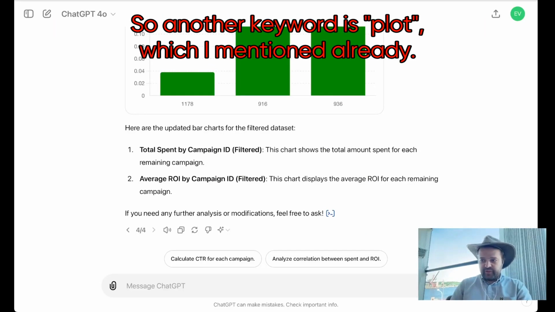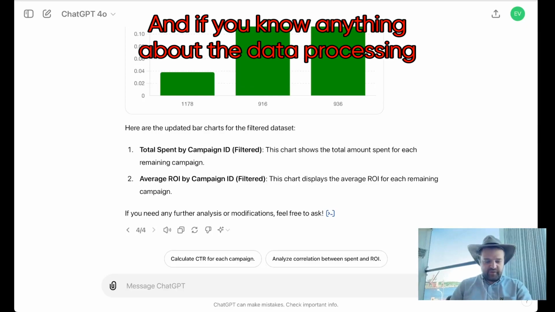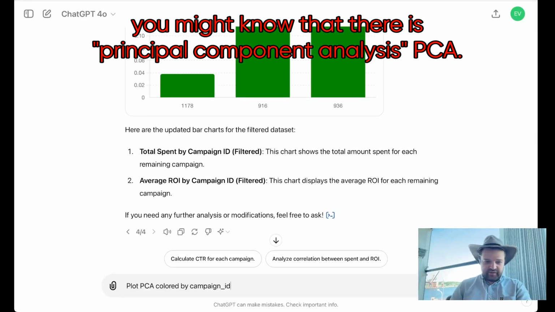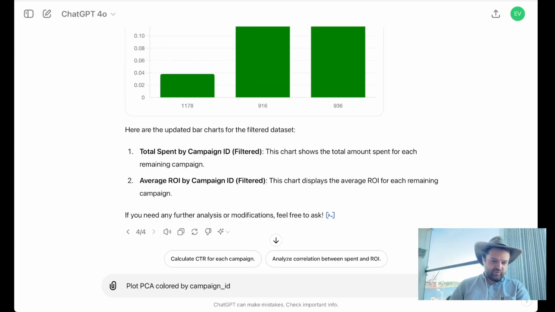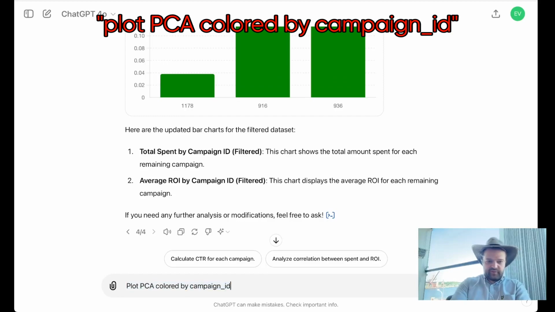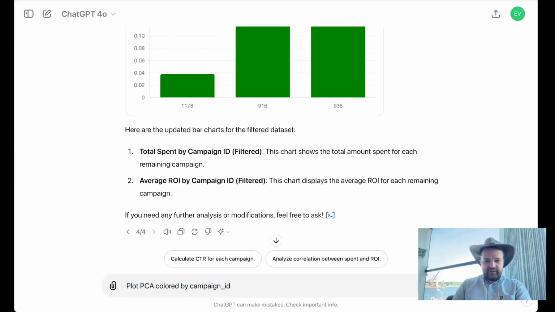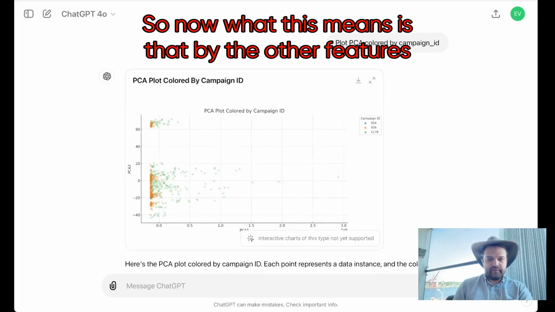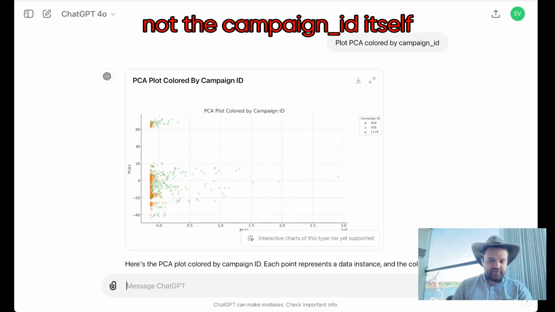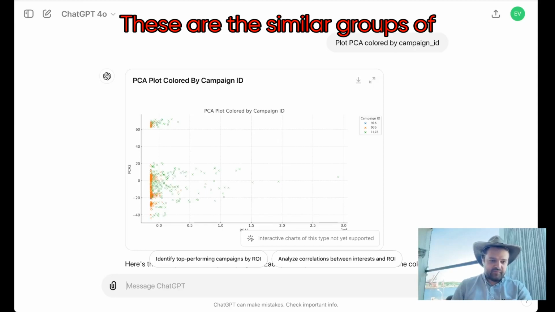Another keyword is plot, which I mentioned already. And if you know anything about data processing, you might know that there is principal component analysis, a way to reduce dimensions for the data set and visualize it. So you can take this kind of prompt: plot PCA colored by campaign ID. Now what this means is that by the other features, not the campaign ID itself, these are the similar groups of